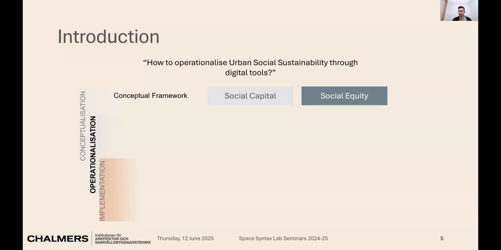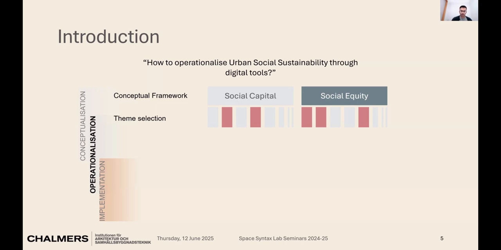So social equity would be equitable access and availability of social infrastructure, whereas social capital is more emergent and it's seen as a softer theme in the literature. And once you have this framework, when you look at how practitioners in the industry try and operationalize this, they look at the different themes